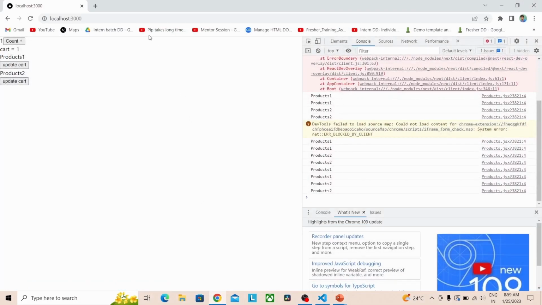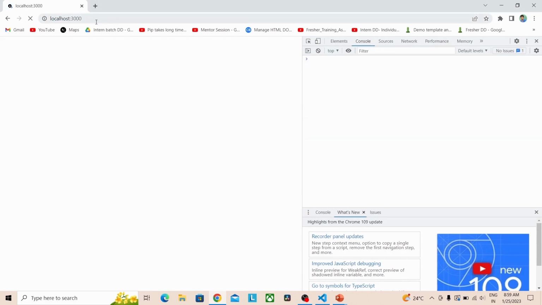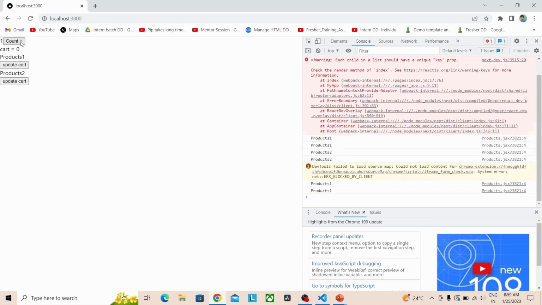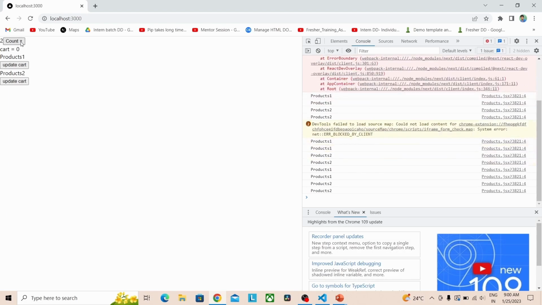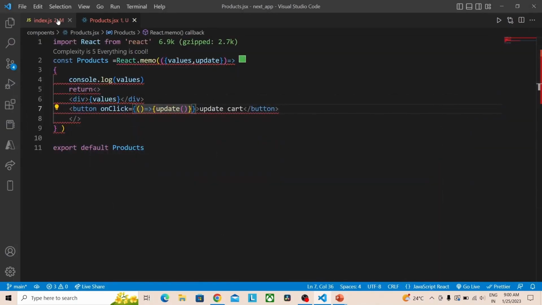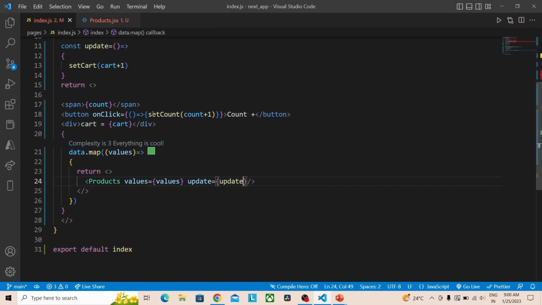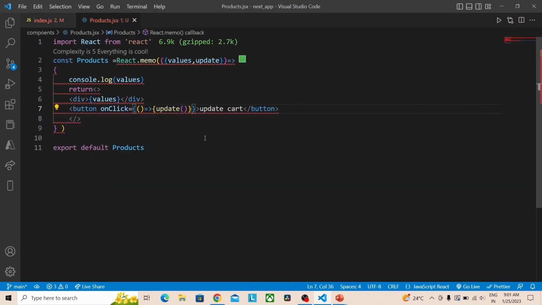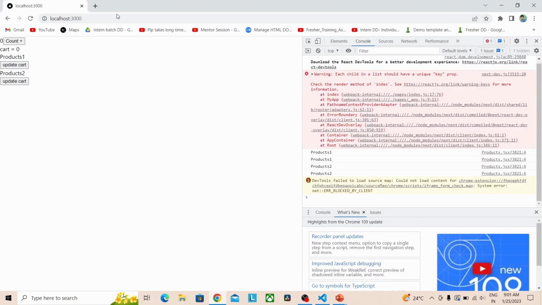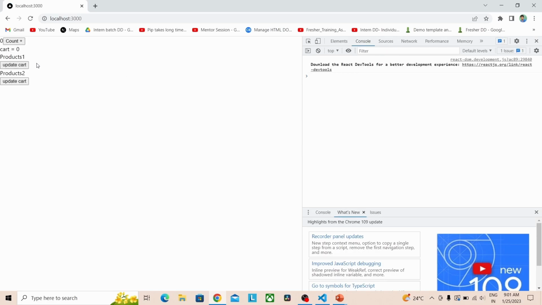Now let's open the front end. You can see if we click count also, the console is repeating. This is because the useState has been updated, and after it updates, this function is also re-rendered. After updating this update component, if we go to the front end and refresh the page, you can see